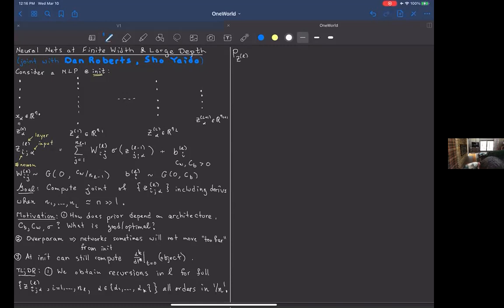Let me just, for simplicity, fixate on one particular neuron in layer L at one particular input alpha and evaluate it at some scalar z. So I'm going to write the density of this random variable. What we learn is the following. If you write it in Hamiltonian form, it takes the following form. So it's e to the minus.